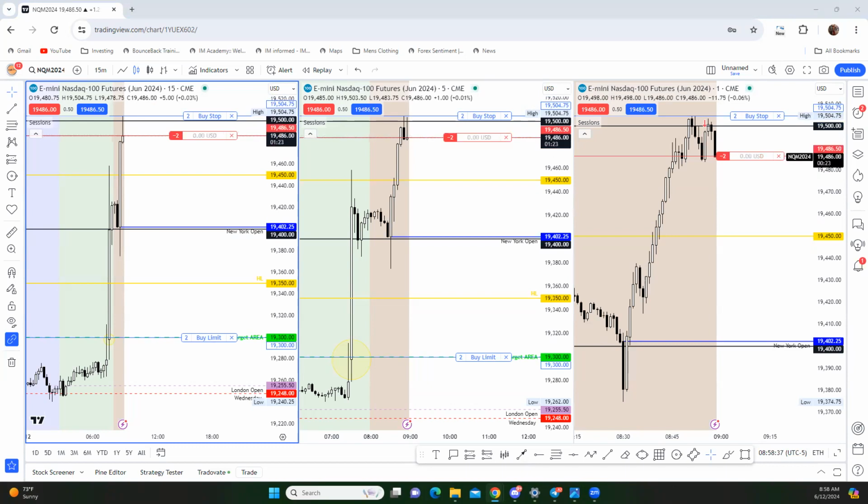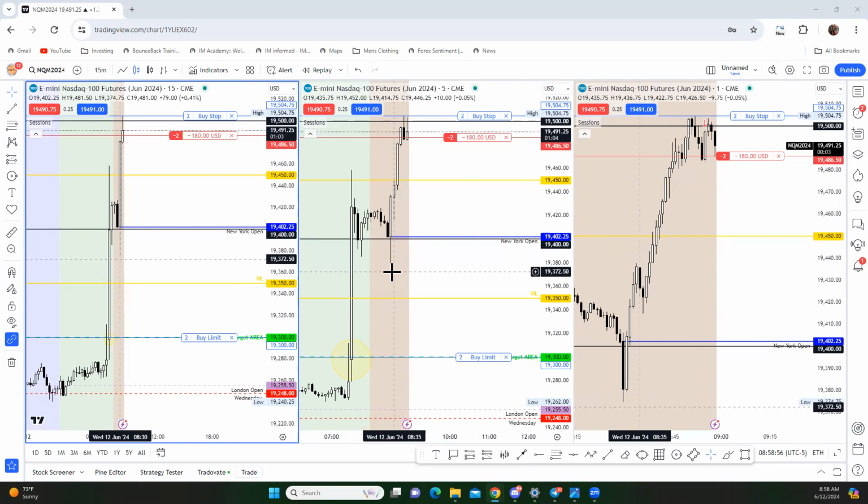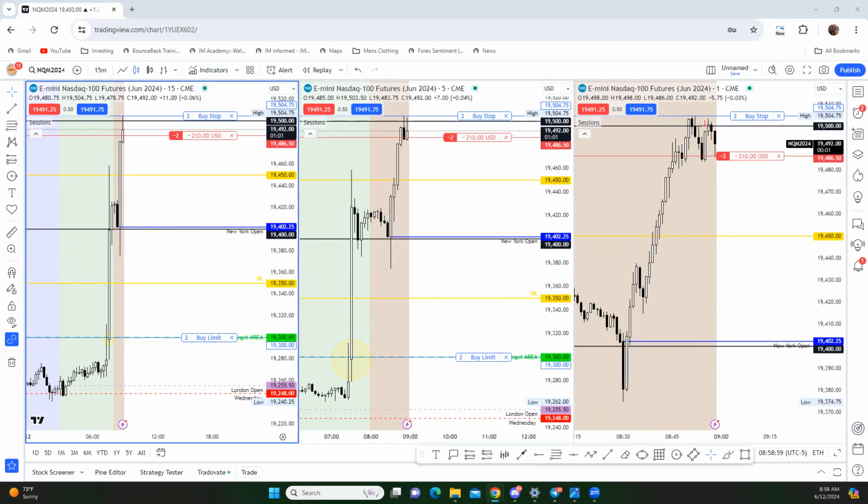So I like my entry. A lot of people are entering at 494, and I'm in at 19,404. Or no, I'm in a little bit lower than that. But I like my 5 minute location. So we can start closing this 5 minute candle lower than that open of this candle. So basically, if we can close lower than this, I think we'll attack this wick pretty quick. It should be really nice.